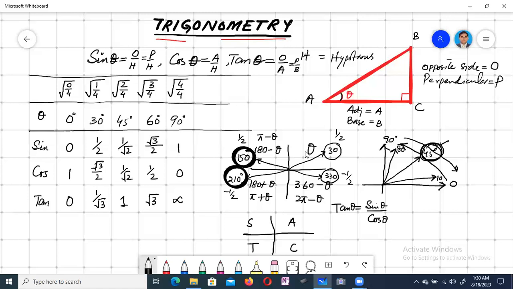In this way you can find these values, as here sine 30 and 150 in the first two quadrants are positive. You can check here, sine in the first quadrant is positive, and in the second quadrant sine is also positive. In the first two quadrants I have taken positive values, in the third and fourth quadrants I have taken negative values, because in the third quadrant sine is negative and in the fourth quadrant sine is also negative.